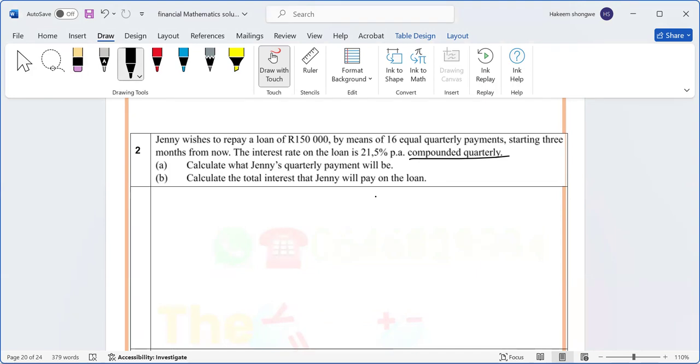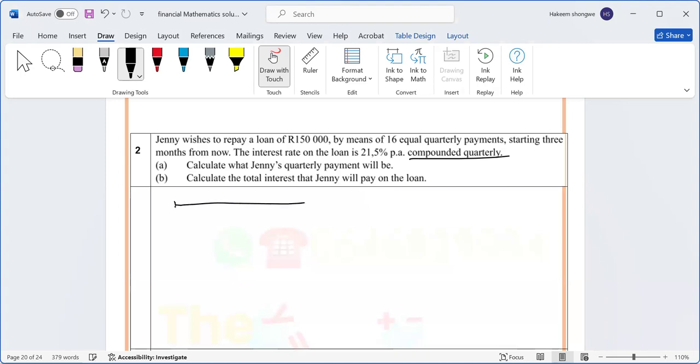So instead of you making the payment immediately after taking the loan, like 1 month after taking the loan, you delay. We do have such questions. If it was monthly, if another person is paying 3 months later, but it's compounded monthly, then that one is a delayed payment, which is a different story. With this one here,